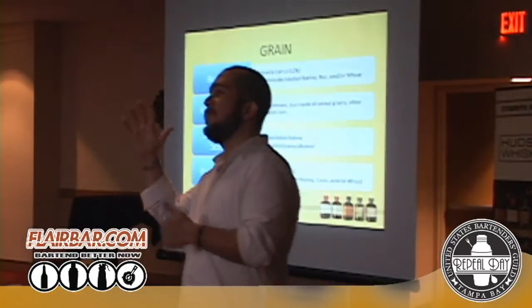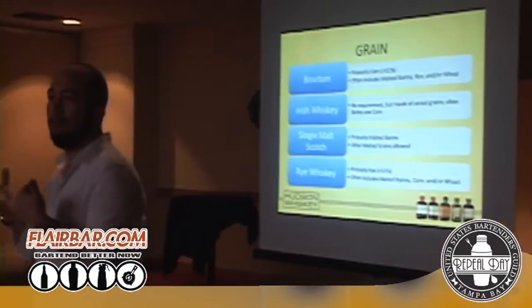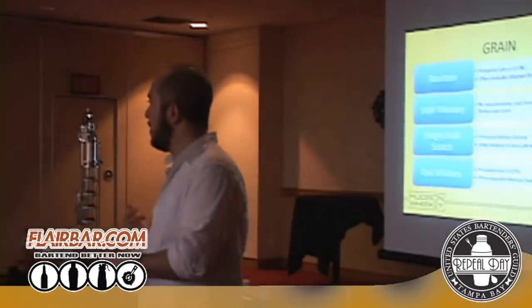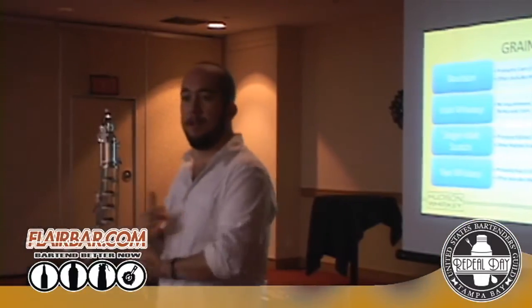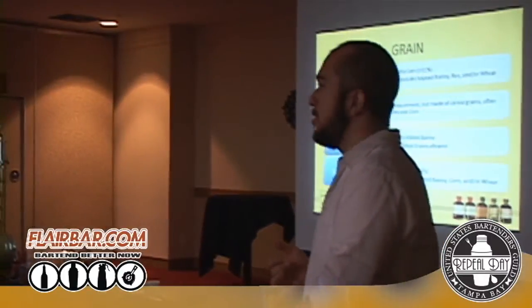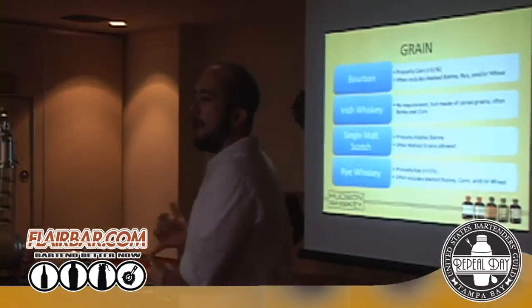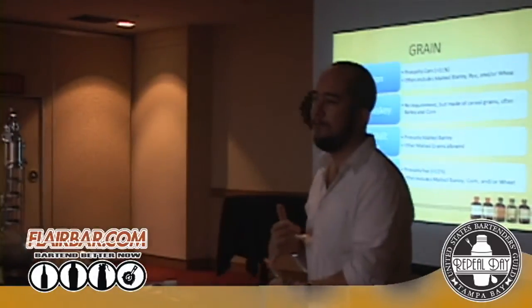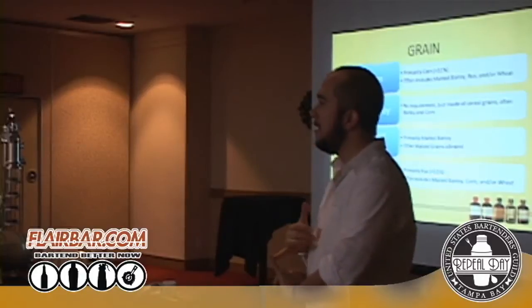So there are 6 main points to bourbon. You got to be at least 51% corn. I think we got most of them. It's got to be aged in new charred white American oak barrels. It can't come off distilling higher than 160 proof, or 80% alcohol content. Can't go in the barrel any higher than 125 proof. Can't go in the bottle any less than 80 proof.